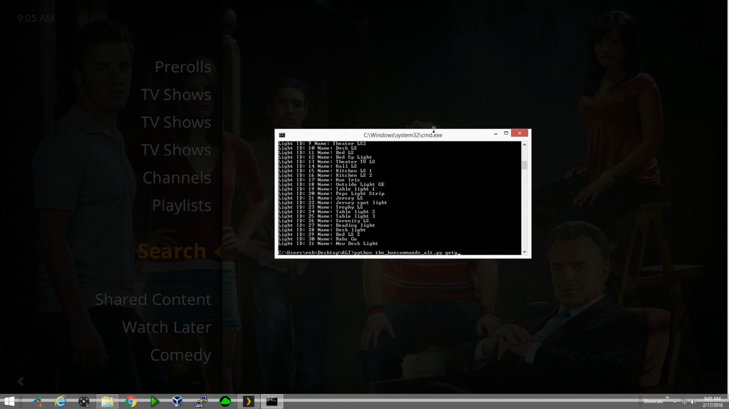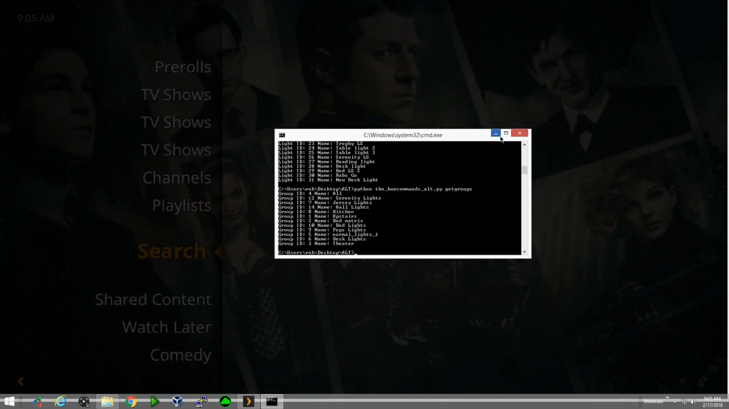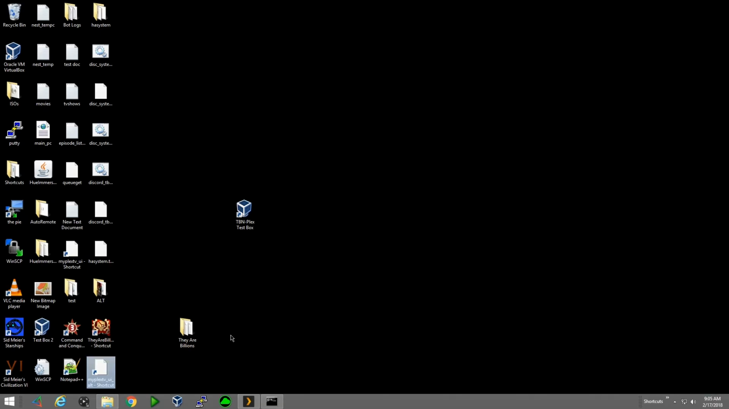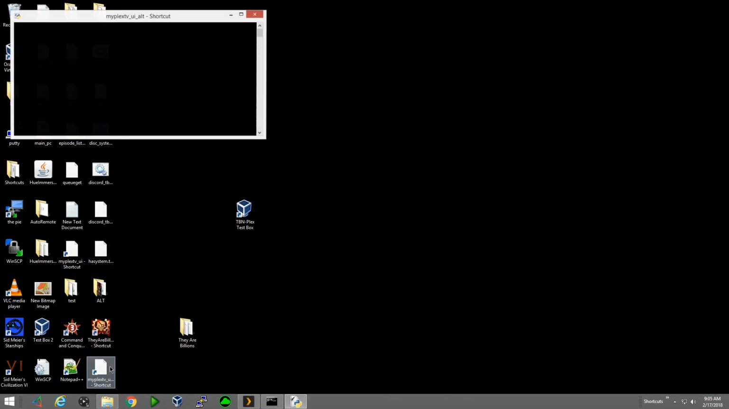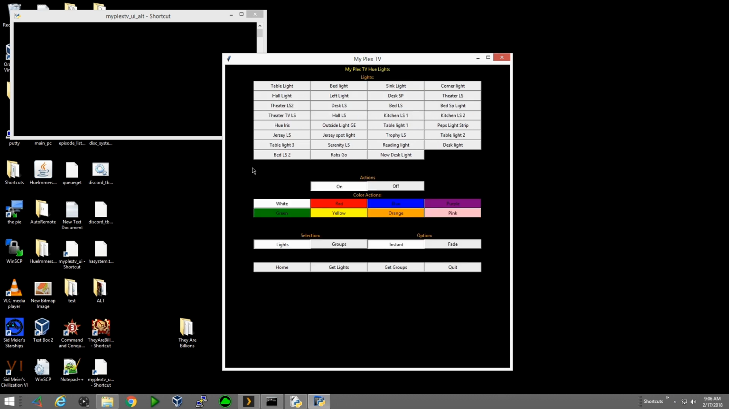And the other one you want to run is get groups. Alright, so from there your Hue integration is pretty much ready to go. We'll run the UI again, we'll go to the Hue Light section, and boom, you got all the Hue Lights